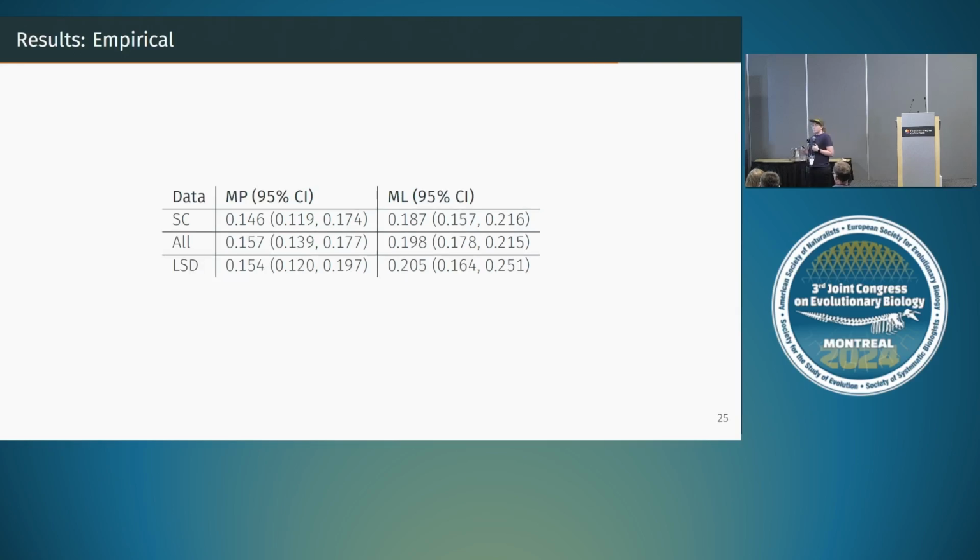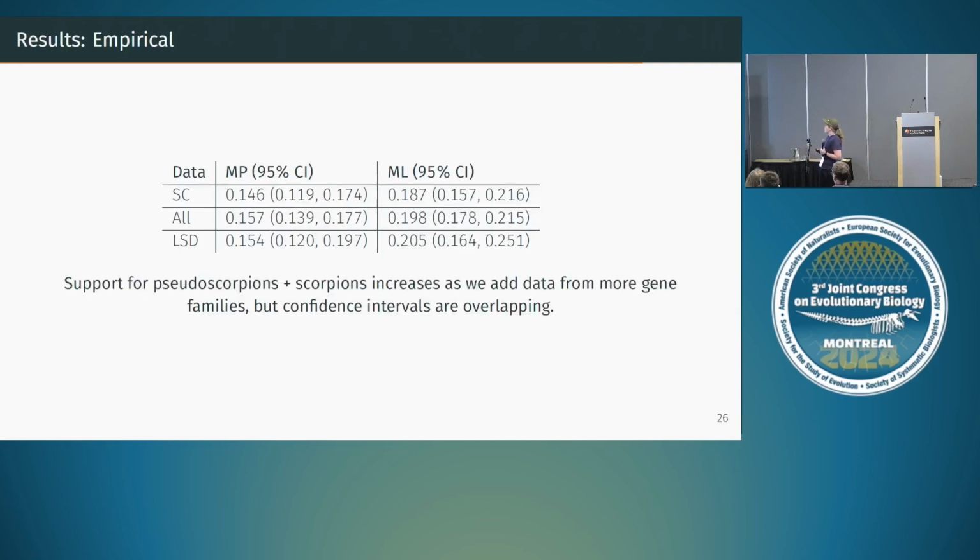And when we use lineage-specific duplicates, we don't see any further increase in parsimony, but in likelihood, we see a slight increase from 19.8% to 20.5%. However, these numbers in parentheses are confidence intervals, which are overlapping. These end up being some fairly small data sets in some cases. So support for scorpions and pseudoscorpions does increase as we add data from more gene families, but we have these